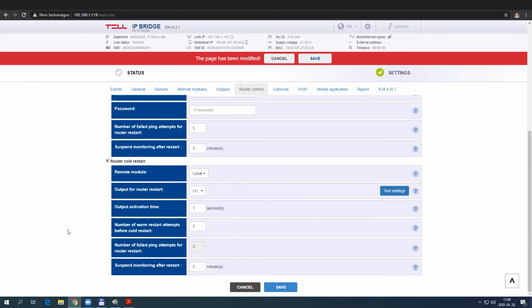For the cold restart, you can configure one of the outputs of the given device or a remote device. So you can choose, let's say, output number 2 to be controlled in order to cut the power of the given router, of course, if the given router supports this. Here you can also set the activation time, so how long the power should be cut, and